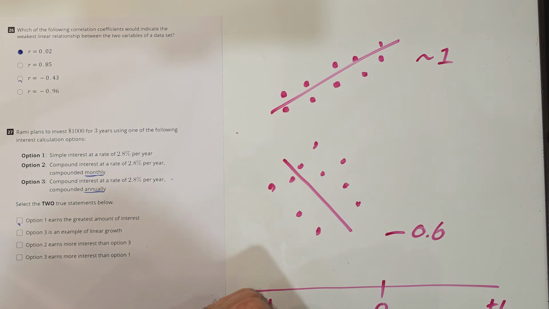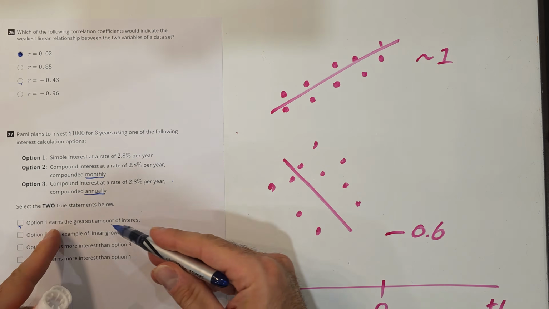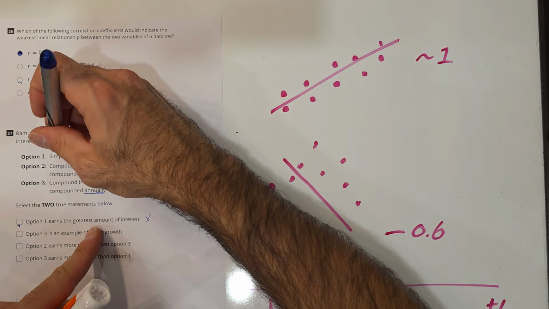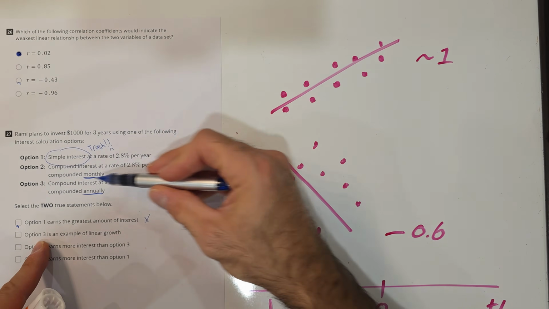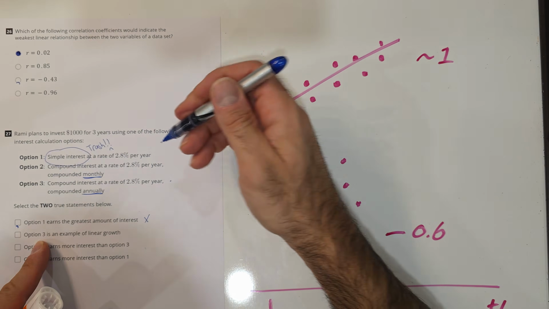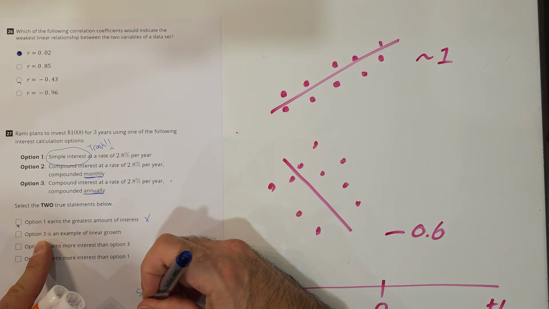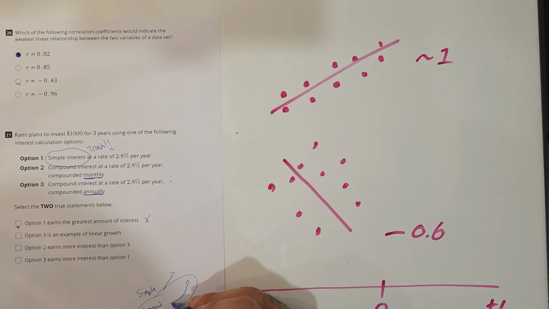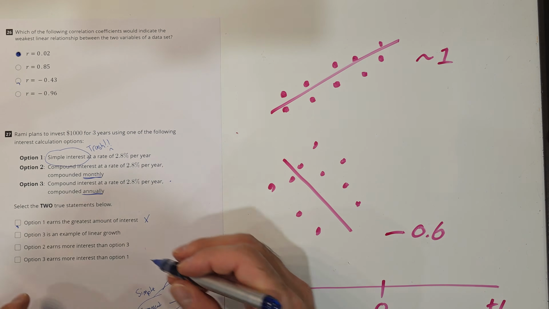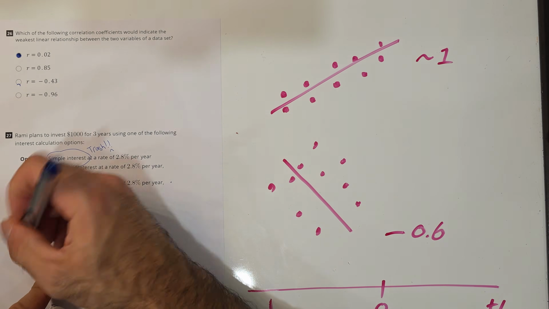I'm gonna underline those words. I know you can't on a computer, but take note. Select the two true statements below. Option 1 earns the greatest amount of interest. That's definitely false because simple interest is trash. Option 3 is an example of linear growth. No, simple interest is linear and compound is exponential. That's why we love compound, because we make a lot of money later, right? These are already false. So if time's up and I have to submit this test, I'm selecting these two, but